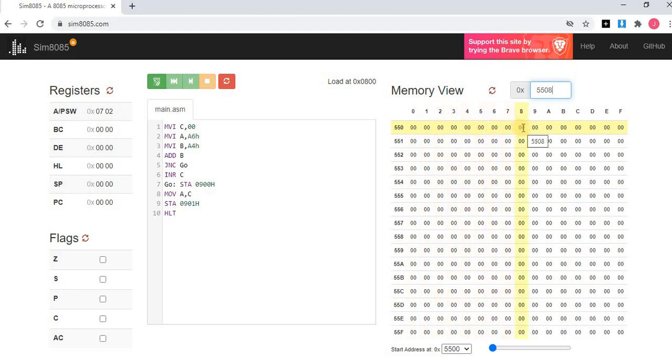So your column is going to vary, and the row is fixed, 0 to F. You can go to any of the memory locations. If you hit the button, it's going to change.